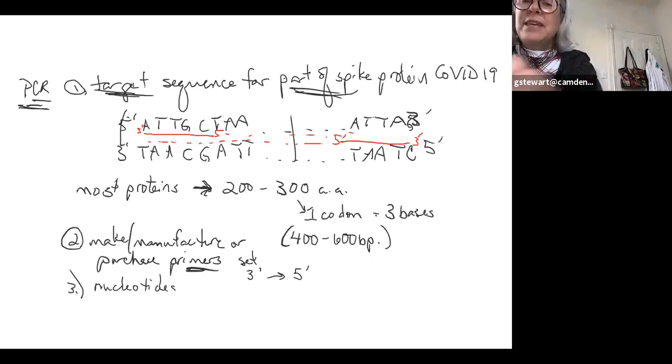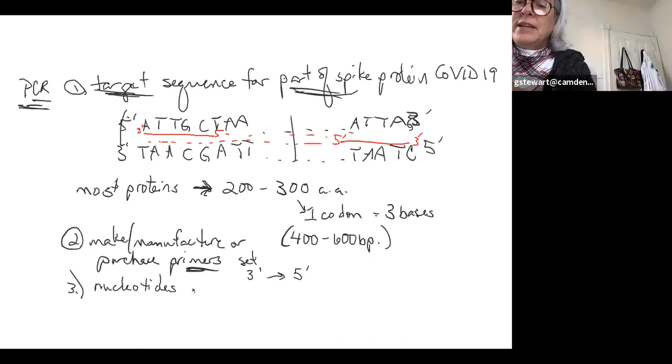So I need a set of primers, and then I need lots and lots of nucleotides in a format that can be easily added for the enzyme. So that means I'm going to need A's and T's and G's and C's. And again, you would purchase those in very small quantities and high concentration. And then I need an enzyme